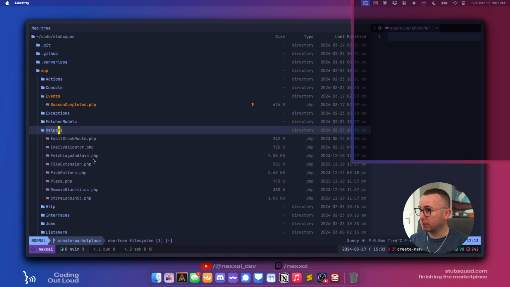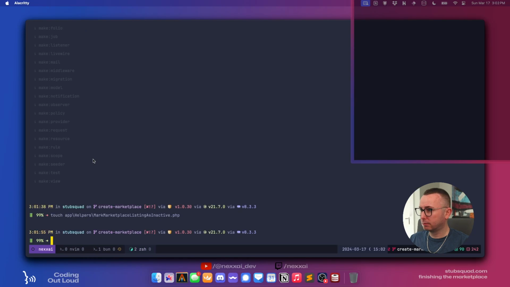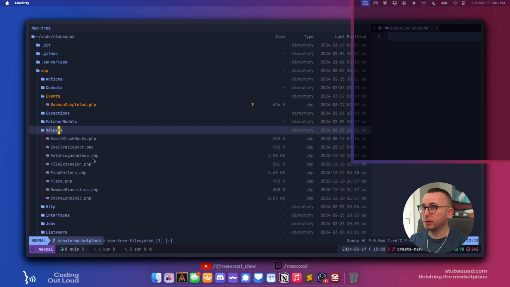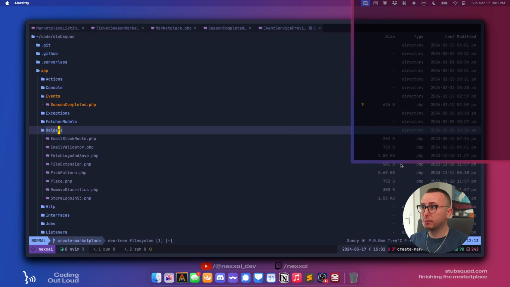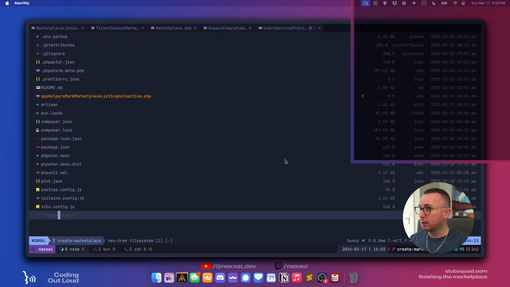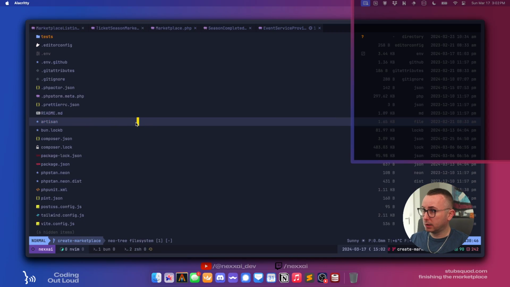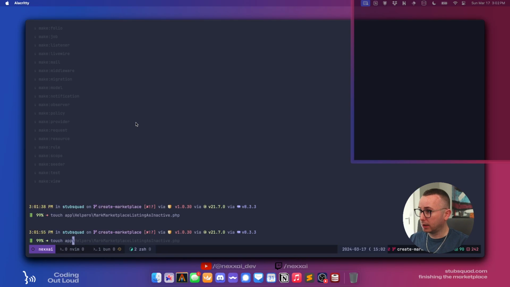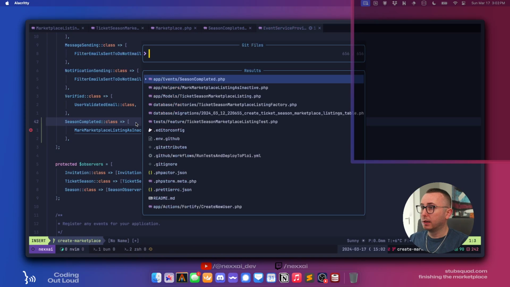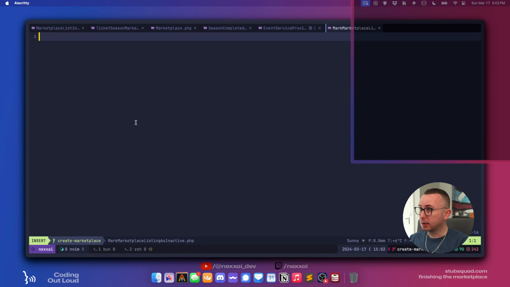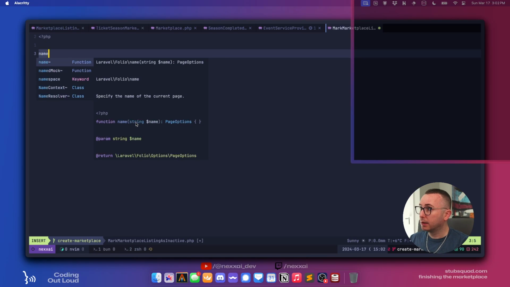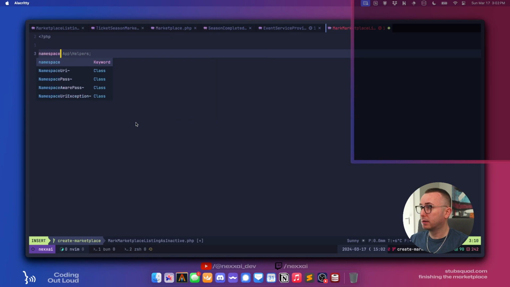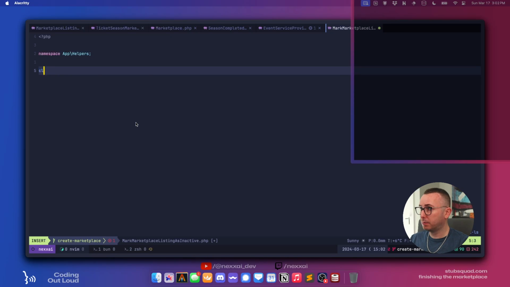Be nice if it actually went. Oh my goodness, okay, that's why. Let's delete that, and let's go touch app/helpers using forward slashes. There we go. Mark marketplace listing as inactive. Namespace App\Helpers. Yep. Class.